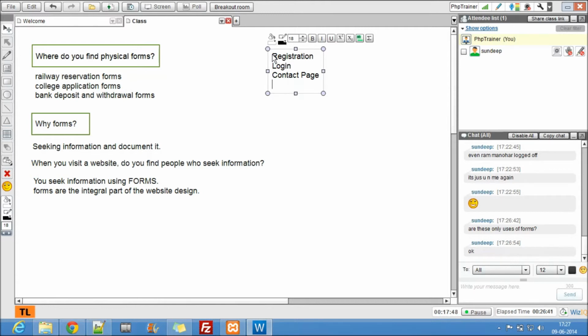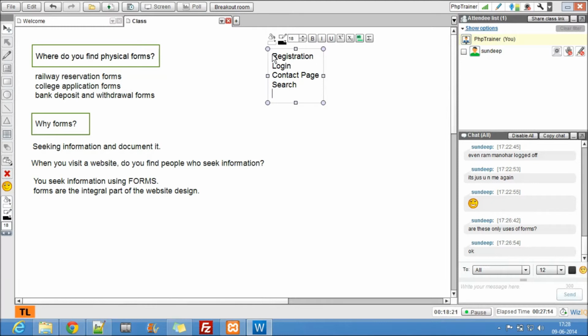The next is search. You see these search options; that's a form again. You put in some information and you seek information in that process. For instance, you give me an address and I'll give back the landmark. You give me some piece of information and I give back an enormous amount of information. That's the search bar. So it's again a form. And where else do you use forms?